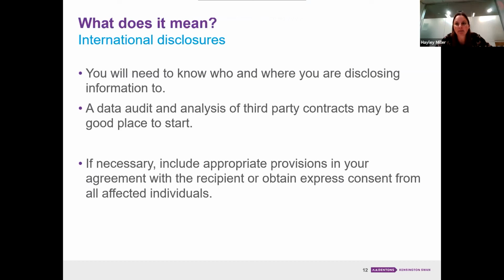You then have to, if you are trying to get compliant as soon as you can, start thinking about whether they fall into that agency camp, in which case it's not a disclosure, or whether they do fall into a pure disclosure. Now, if you are relying on agency, it's going to be pretty important that actually not only does your team on the ground think that they don't do anything with it, but that actually contractually they can't. So there are various wordings that you can throw in. Hopefully there's something in the contract already. If there's not, you need to think about, particularly with foreign entities, adding those provisions in so that they do clearly fall outside the scope of IPP 12.